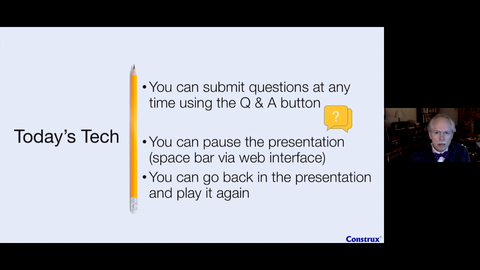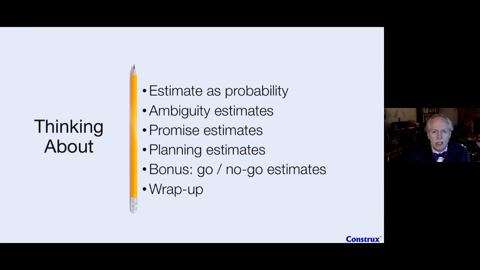So what am I thinking about? And hopefully, what are you thinking about when we think about these ideas of estimates and three different types of estimates? Well, what I really want to start thinking about, and what I have to do with a lot of my clients when I go out there and I'm coaching them on estimation, or I'm training them on estimation, or even reviewing the estimates that they're coming up with, I first have to get them thinking about estimates as a probability of some kind, that there actually is a probability function that the estimate's doing.